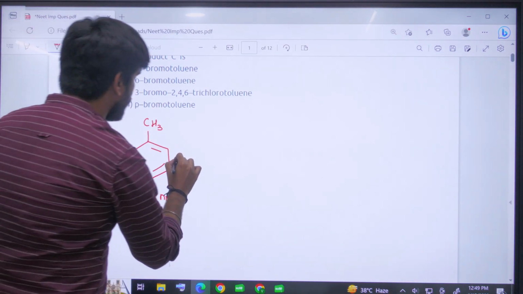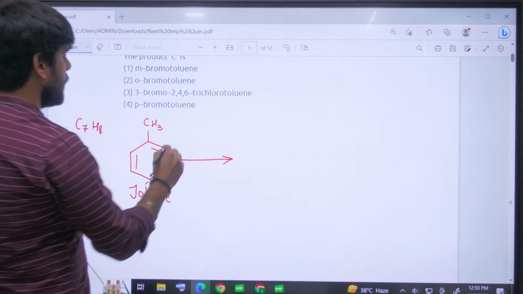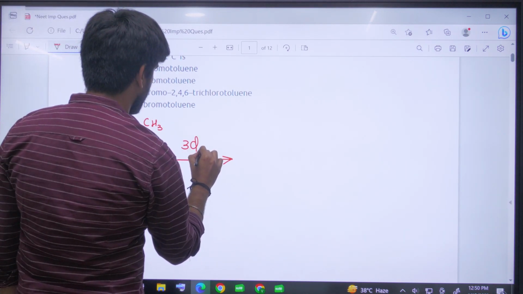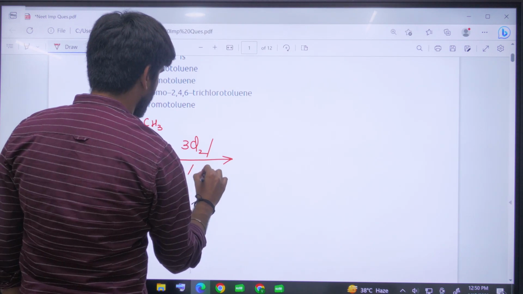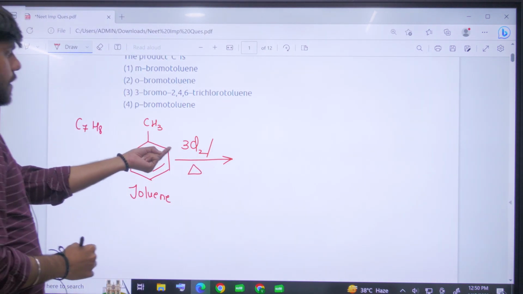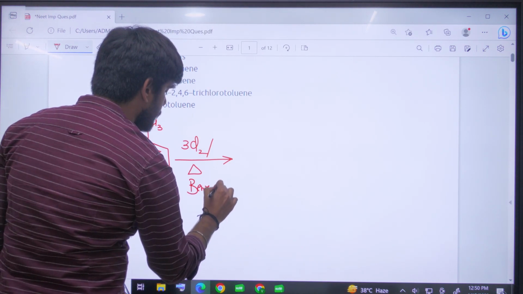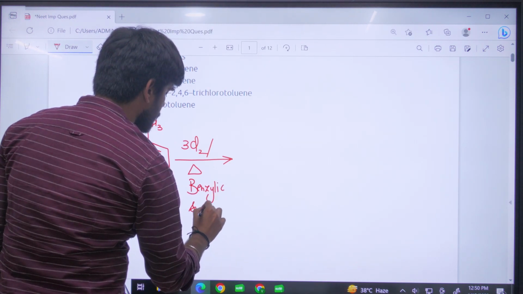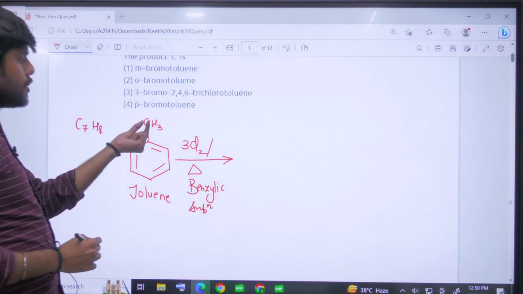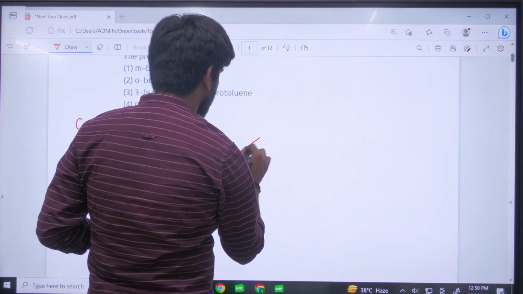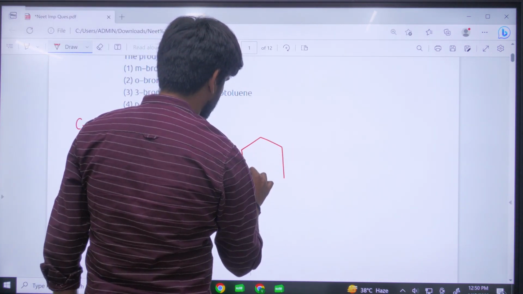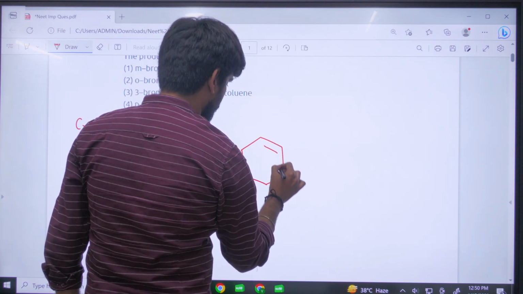Now toluene on 3 times chlorination in the presence of heat will result in the benzylic substitution. You know this results in the benzylic substitution. So these 3 H will be substituted by chlorine like this,